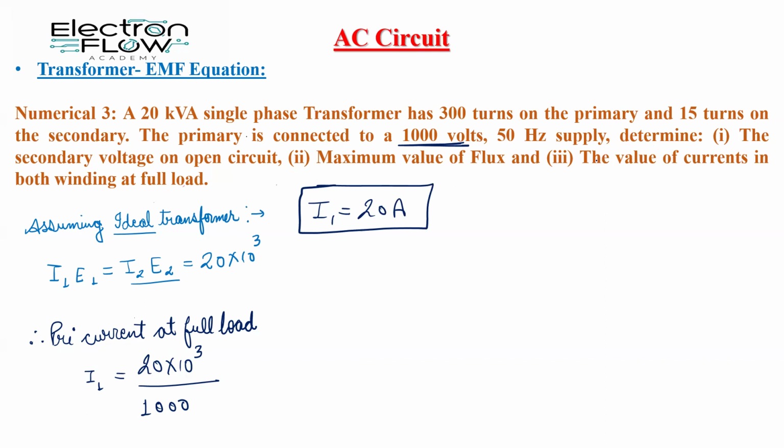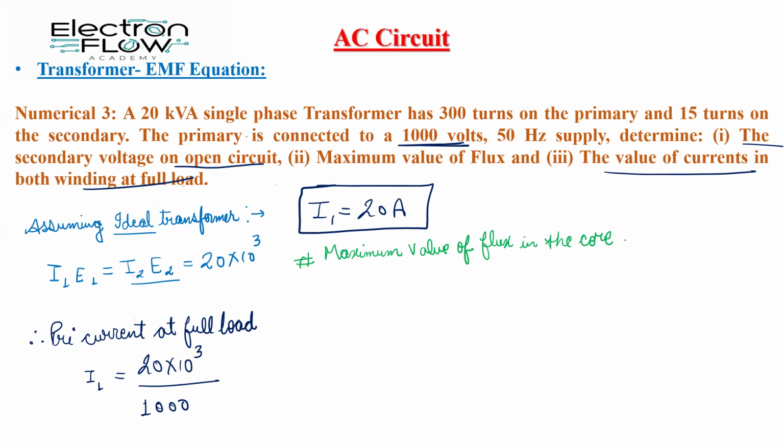So what we have calculated till now: we have calculated the secondary voltage on open circuit, and we have calculated the value of the currents in both windings. Okay. Next is the maximum value of the flux. So let's see. Next thing is that the maximum value of flux in the core can be found as,